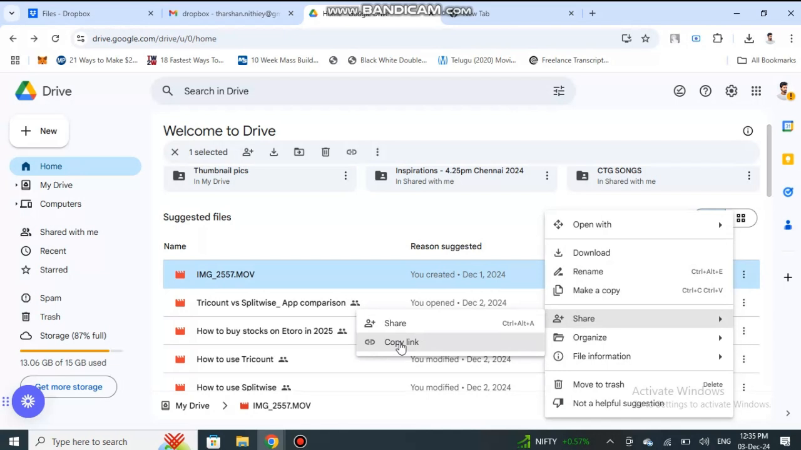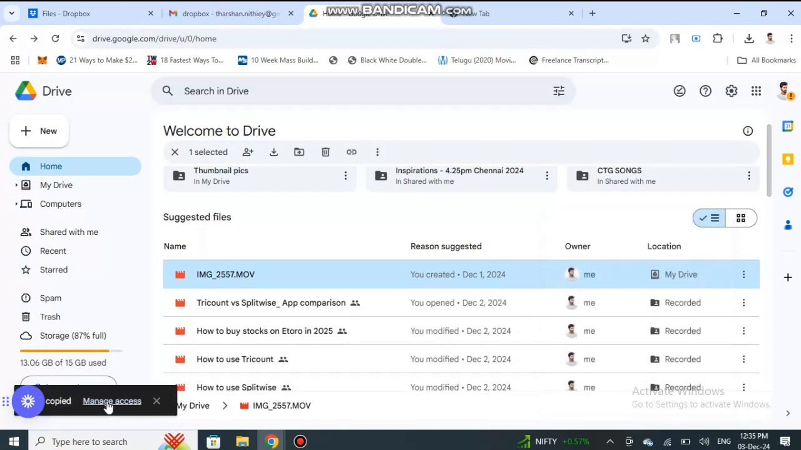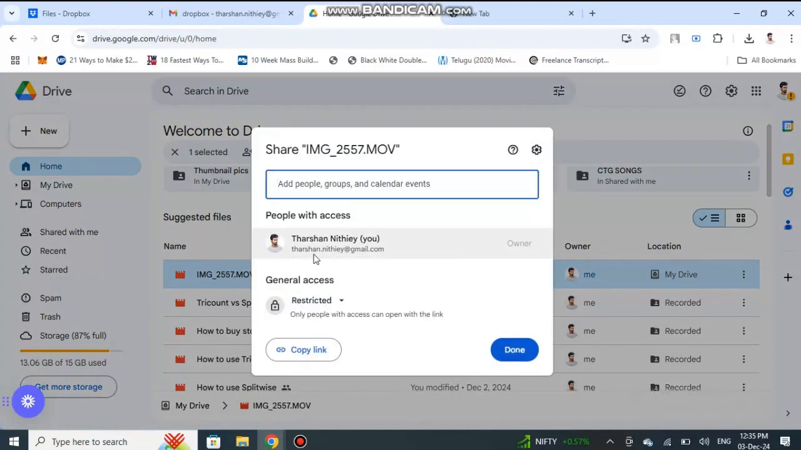Firstly, you can click on this copy link. If you click on copy link, the link will be copied. Then hit on this manage access option here. Here you can choose how you want this to be shared. Once you have created a shareable link, now what we can do is adjust